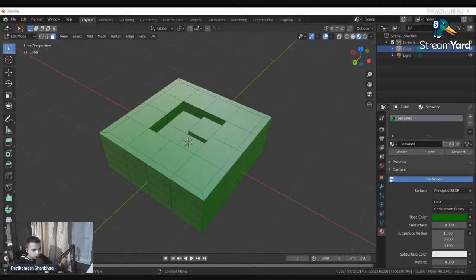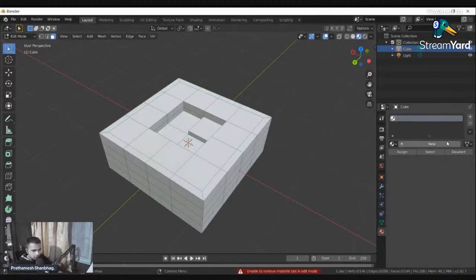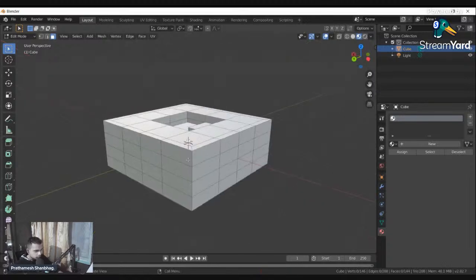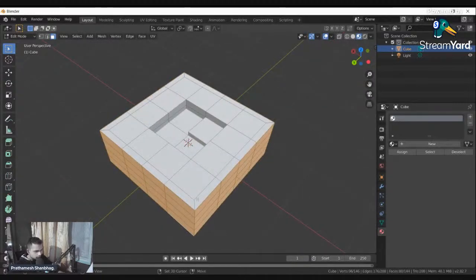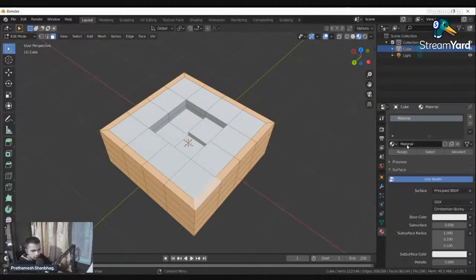And for some reason, oh, the entire object has got seaweed color, so I'm just going to remove this material and make a new one. For some reason everything's getting selected, so let's just do it again. Right, create a new material and click on assign.